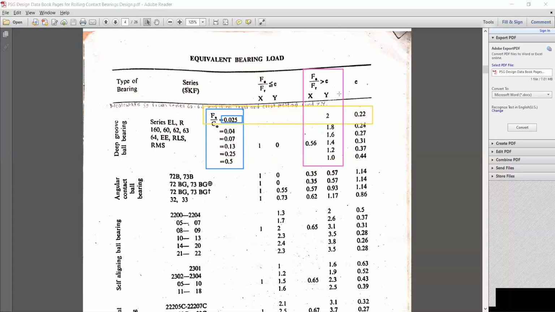Now in this column, the value of X is given, only a single value is provided, so we don't require finding the proper value. So the value of X is directly noted down, that is 0.56. For the value of Y, we need to compare the row and column. What we get is the value of Y is 2. Hope you understood this one, because you have to repeat this task for each and every design.